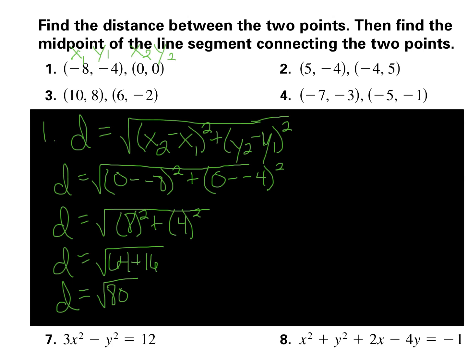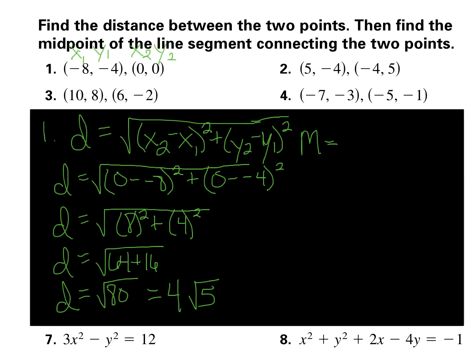Or we could actually reduce it using reducing radicals. If we were to do it using reducing radicals, 80 is 5 times 16, so that means I could pull out a 4, and that would be 4 radical 5. Okay, so that's the distance. Midpoint,